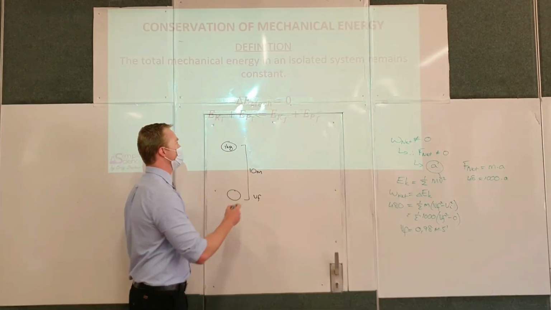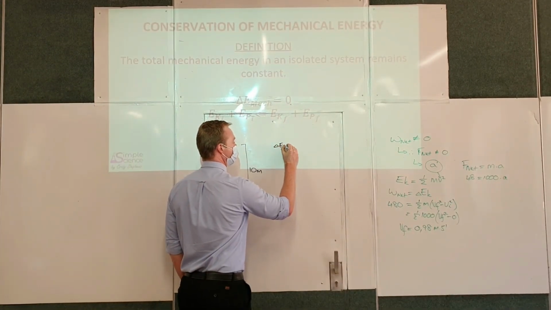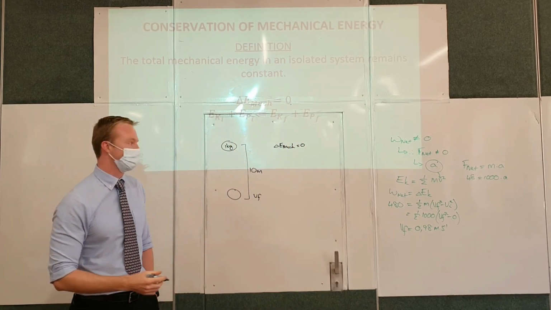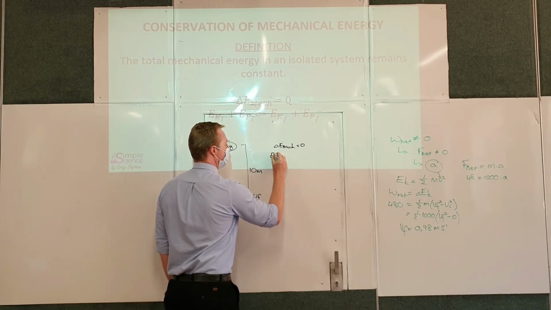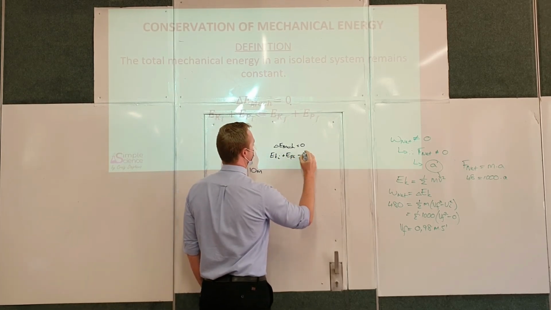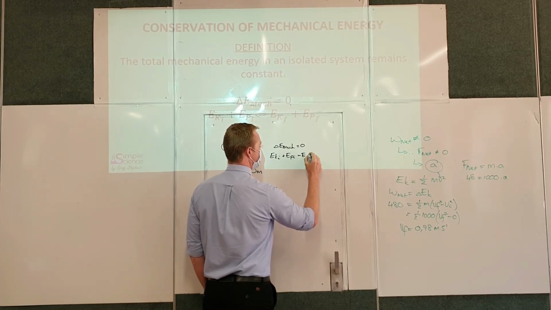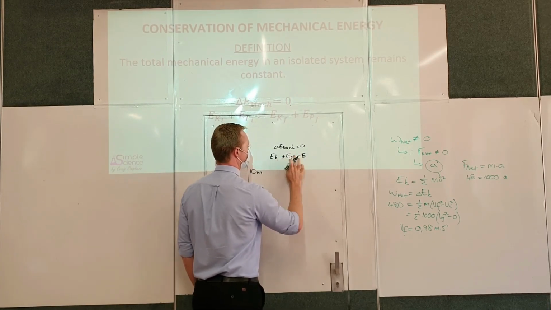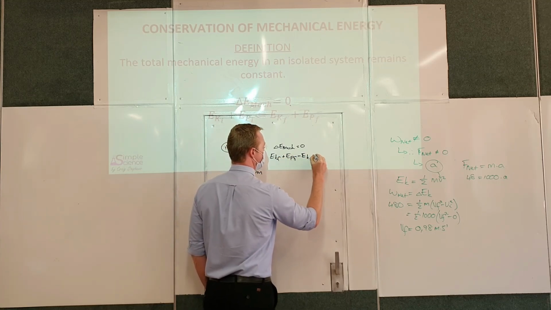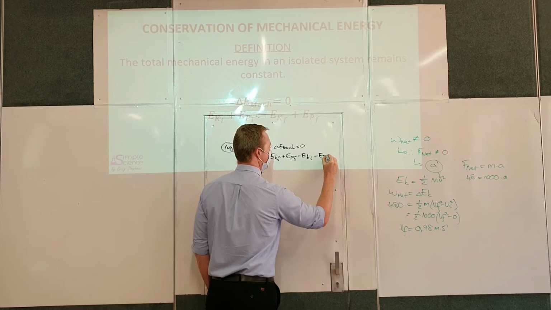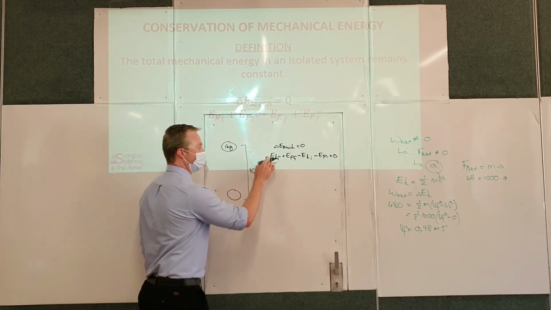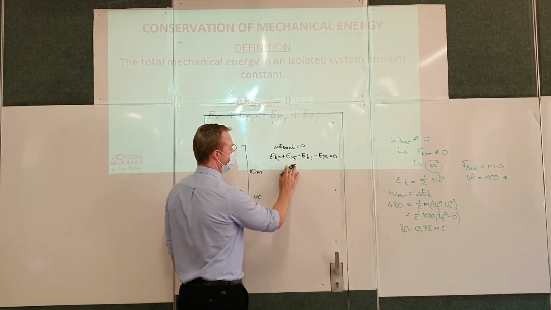Now what we can say here is that the change in mechanical energy is equal to 0, meaning no energy is gained or lost, which means that the final kinetic plus final potential minus the initial kinetic and initial potential must be equal to 0. And then we can say for this object, the initial potential energy